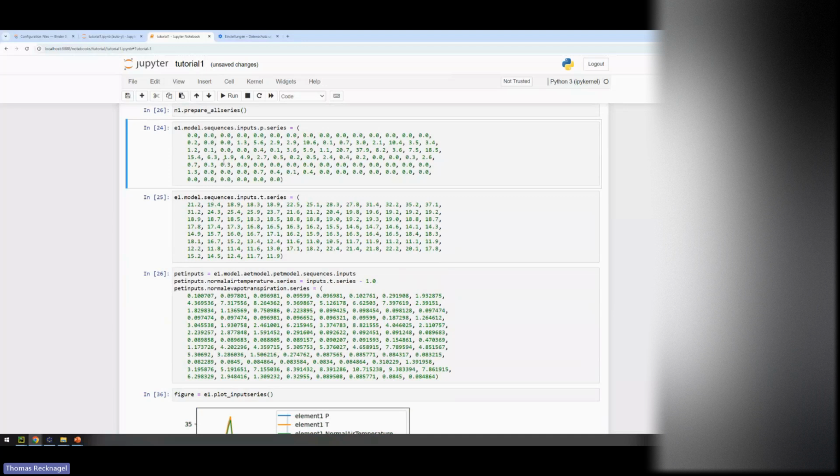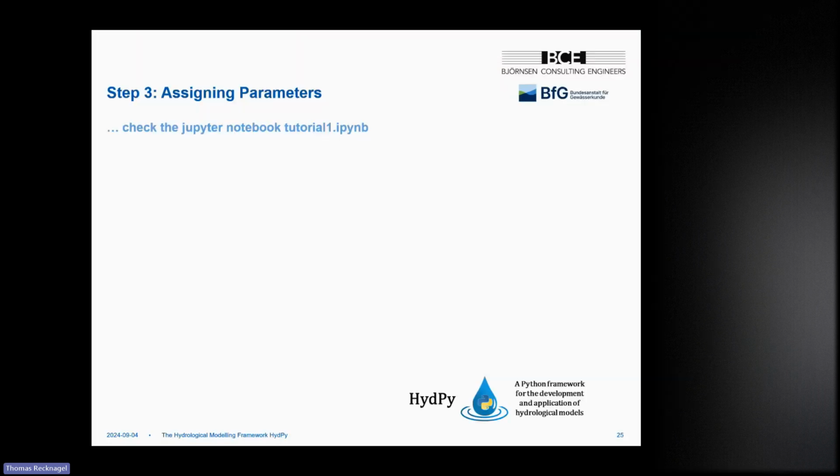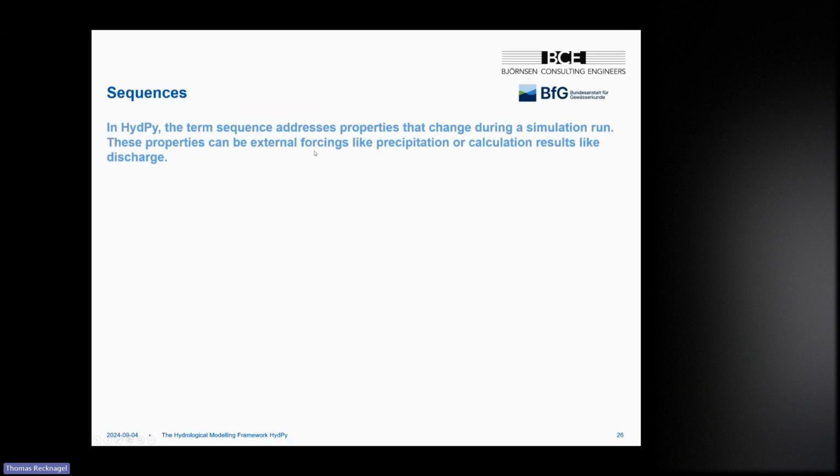And then what is still missing before we can do a simulation? We have a model, we have parameters, we still need our driving forces, we still need our input data. For a rainfall runoff model, it's probably precipitation and temperature, at least. And these time series we need are